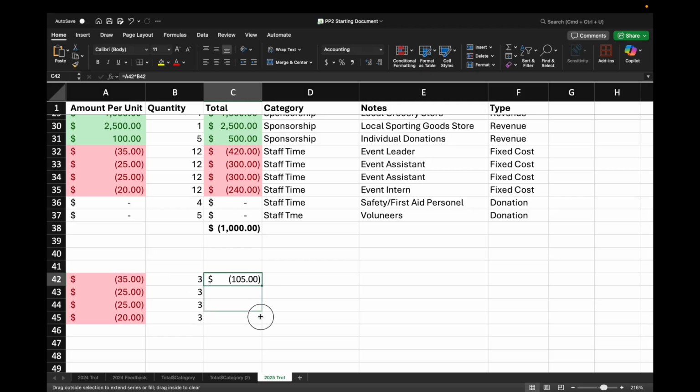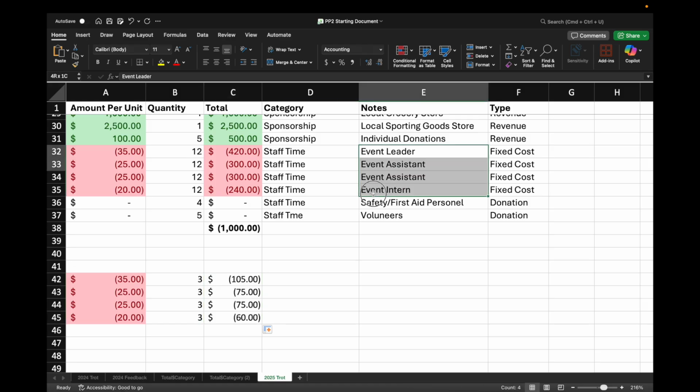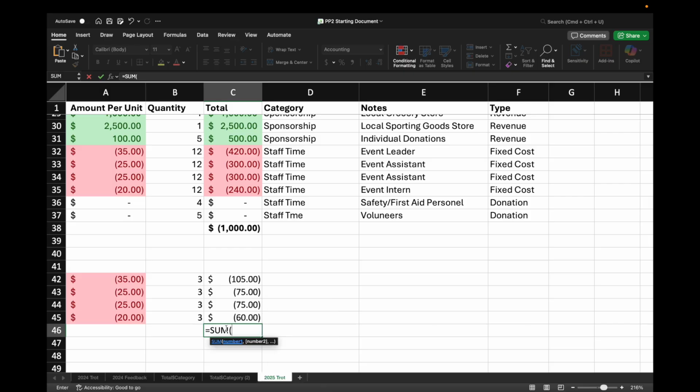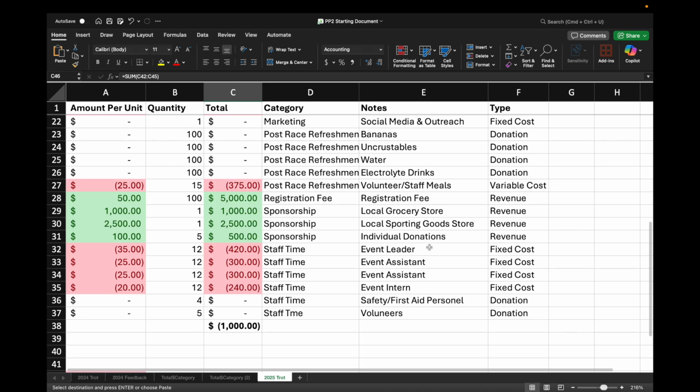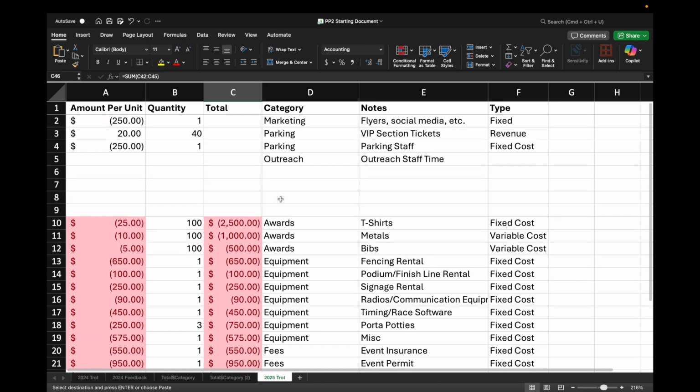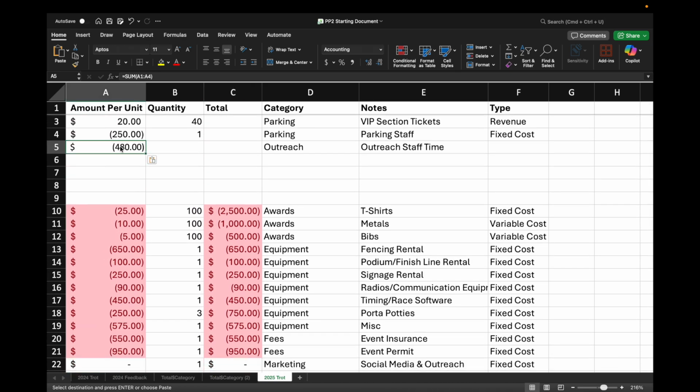This is how much it'll cost each of these staff members for 3 hours of work. We'll get a total here. And it costs a total of about $315 for all of these staff members to each spend 3 hours on outreach efforts. Again, you don't have to do it like that, but you totally can.